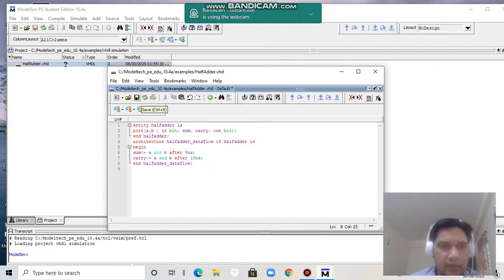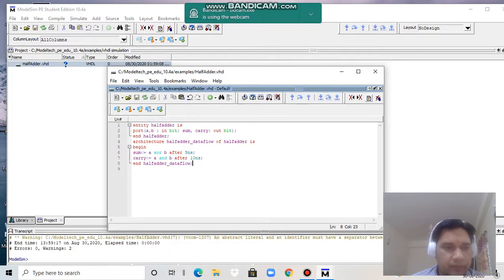Afterwards, first I will save the program, then I can simulate it from here. On the top you see tools are there, then compile; you have to compile the program. In this program it is showing two warnings, but errors are 0. There should be no errors. To simulate and get the output waveforms, we should have the code with 0 errors. Okay, so it is okay. Now we can simulate it.